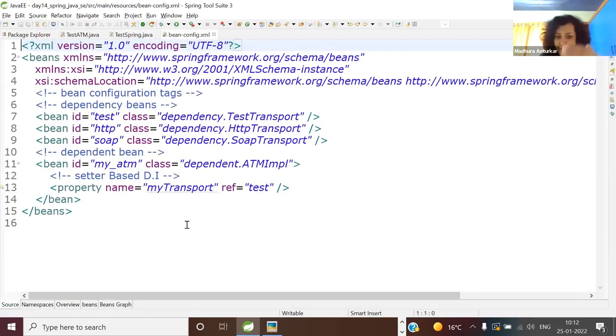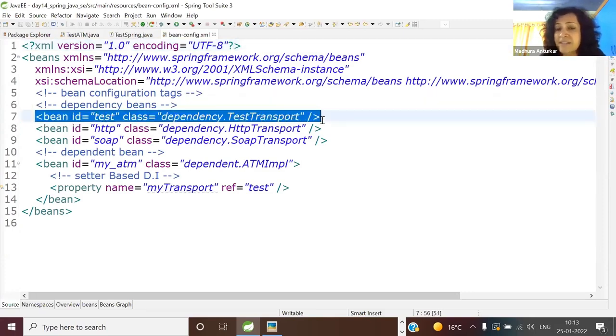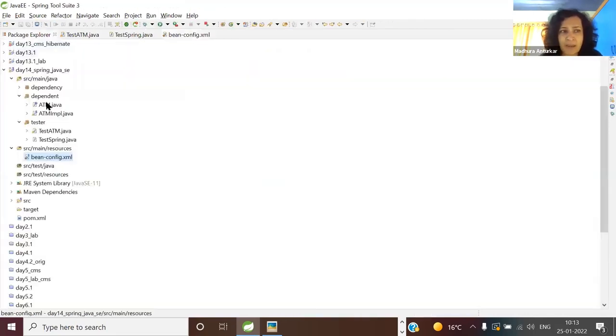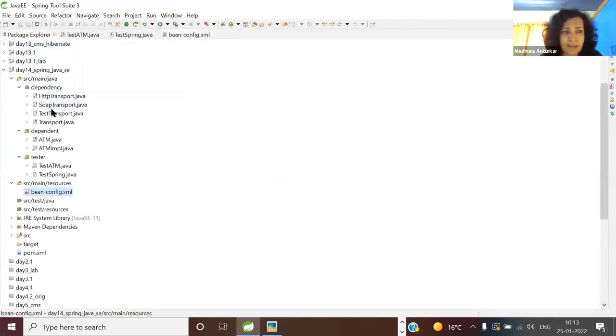So your container is your slave. It starts bootstrapping. It starts loading. So now tell me, what is the first thing? This tag will be executed or skipped, called or skipped? Of course, called. Why? Singleton and eager. So what is the first line of output you'll see? You remember the test transport. Don't go by memory. Go by understanding, please.